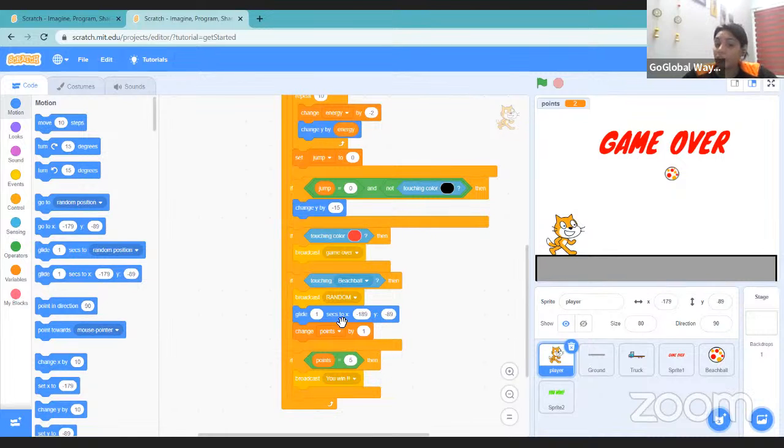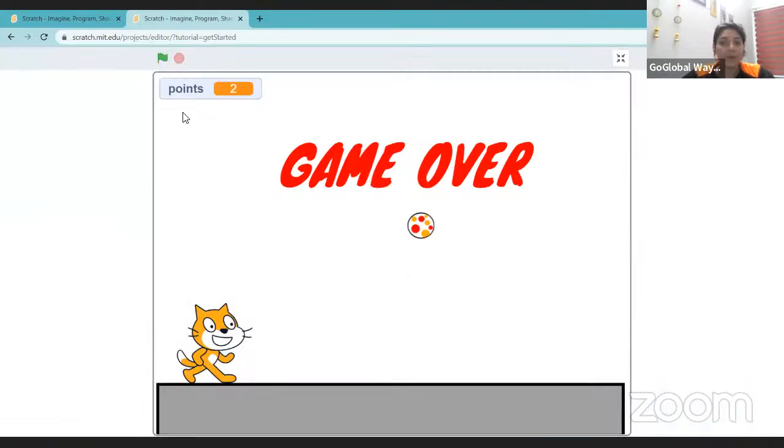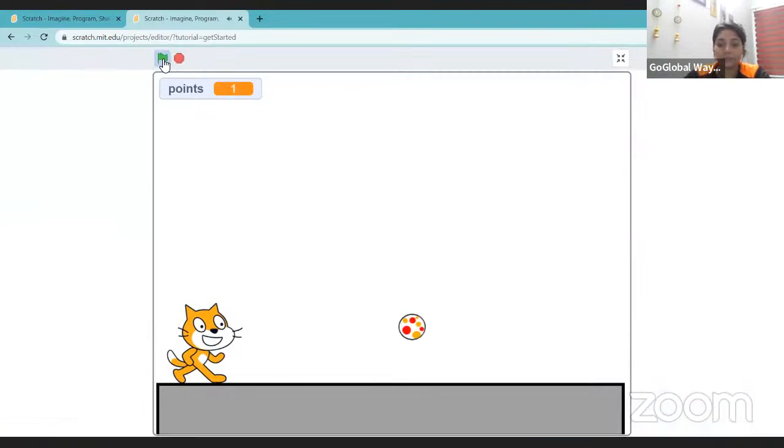So where were we? It was glide for this many seconds. So we will take just 0.2 seconds. So it will go back to its position within 0.2 seconds. Okay, now if I start,